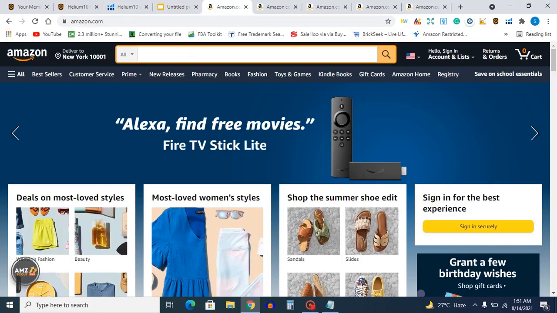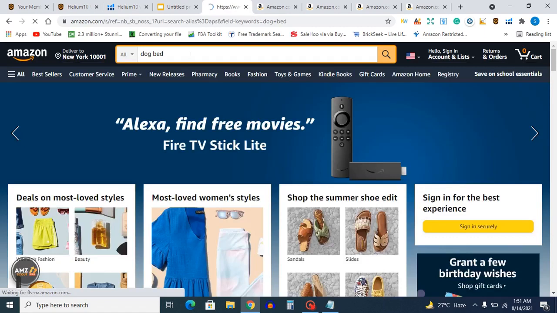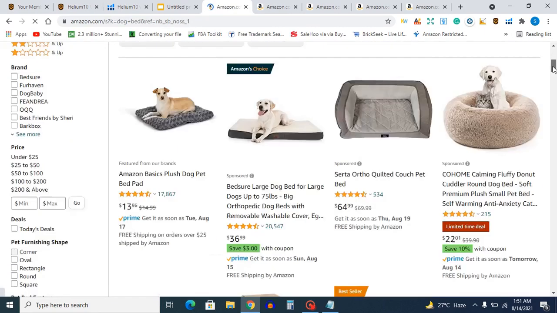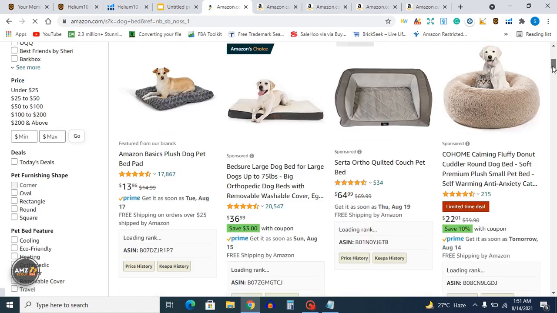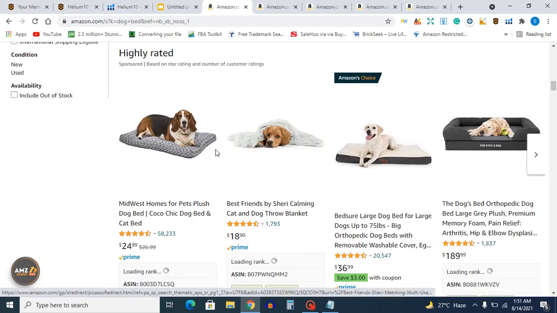So step 1 is to type your keyword. As I was working on this, this is my keyword. Step 2 would be to find your competitor and open 3 random sellers. Suppose I'm going to choose this one as my competitor, and keeping this dog bed in mind, I'm going to open some other sellers, maybe this one and 2 more. Since I have already done this